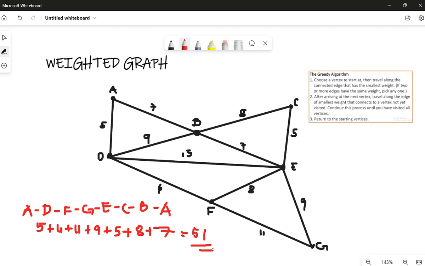So this is the shortest path that we can find. If you want to check if this is really the shortest path, then you can also try it. Now that is how we deal with a Hamiltonian graph and a weighted graph using Dirac's theorem and